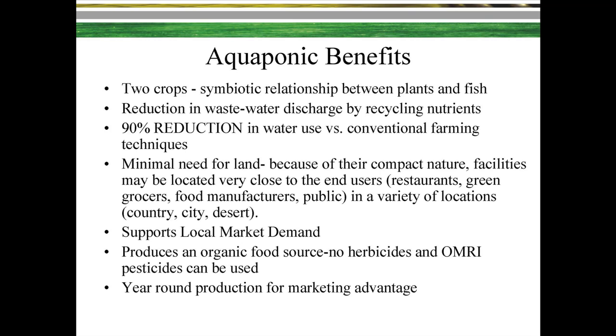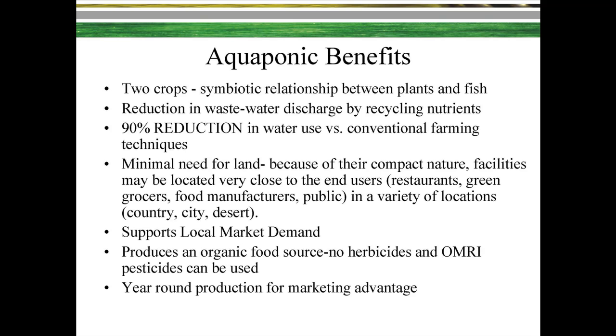Basically, we have to go organic. Because of the fish in the closed loop system, we can't really use our traditional pesticides and fertilizers. We don't need herbicides, so we don't have to worry about that. But I think the fish people have told me it's tough to get a fish farm certified organic. Is that true, Bill? So, you know, I don't know if we can grow the produce within an aquaponic system and have it be organically certified, but there is that potential, and you'll have